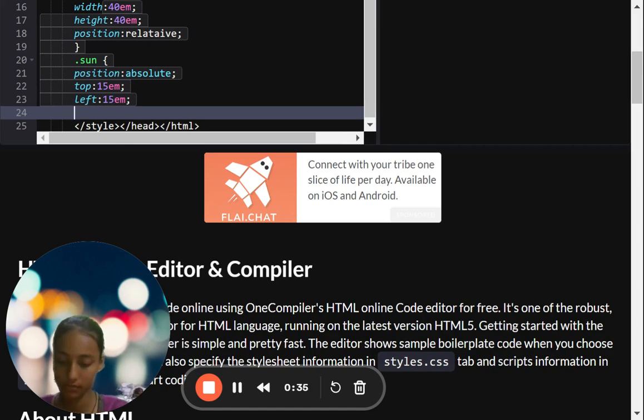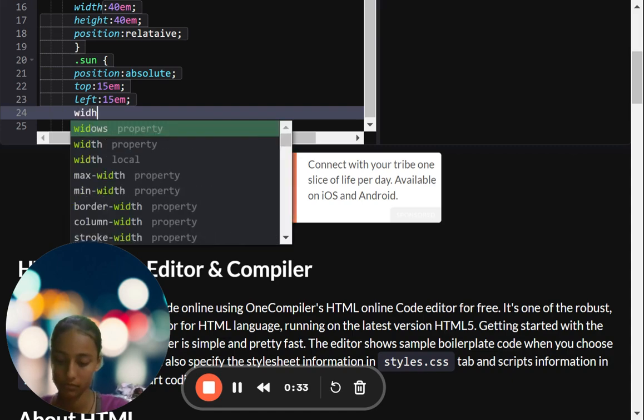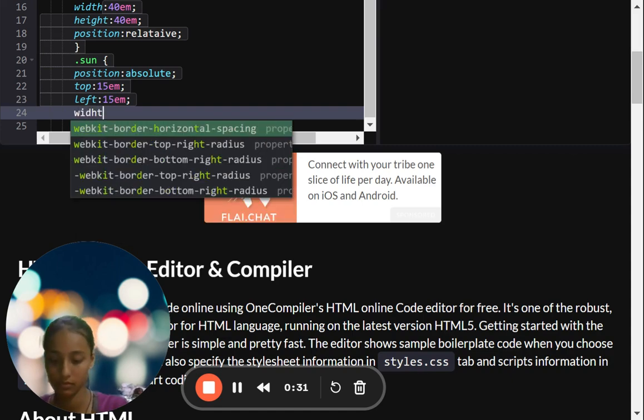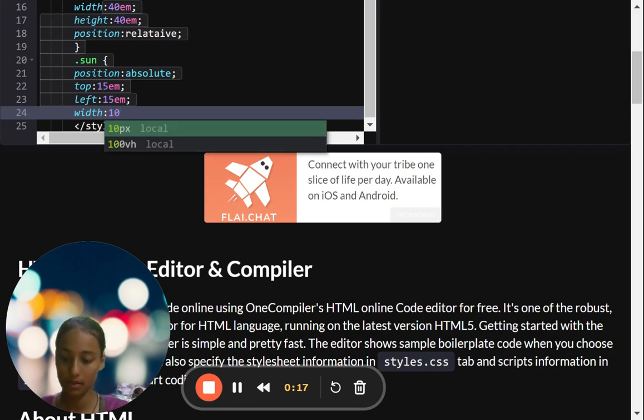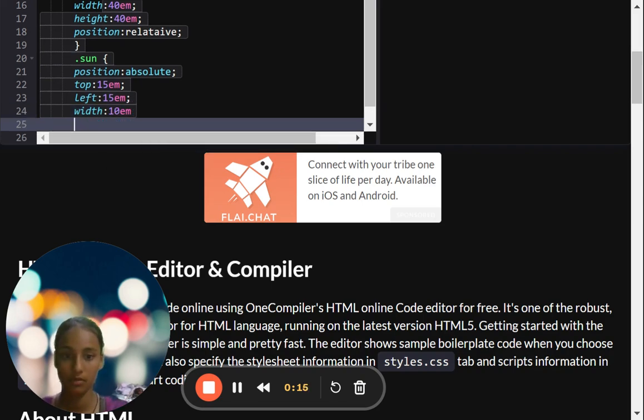Let's width, which should be 10 em. Then height